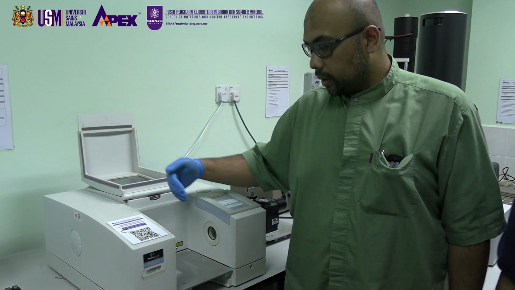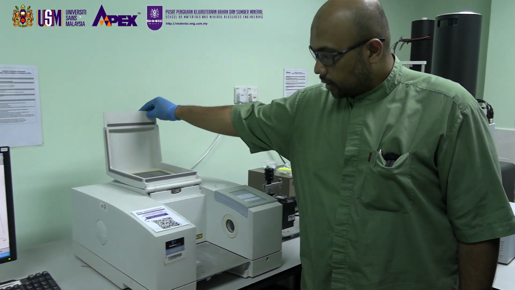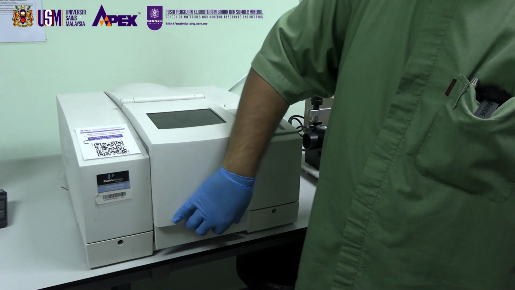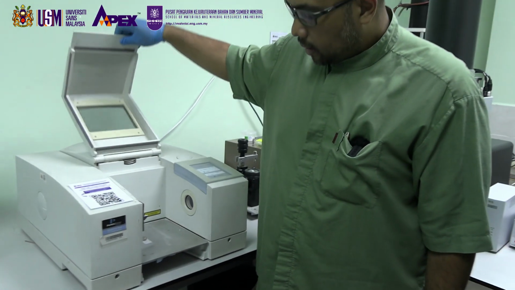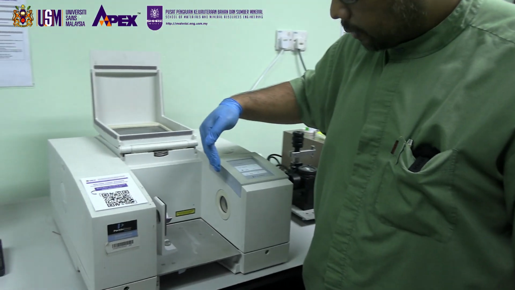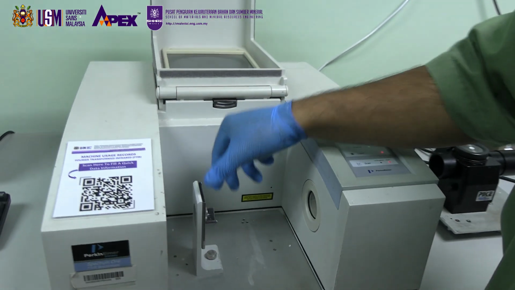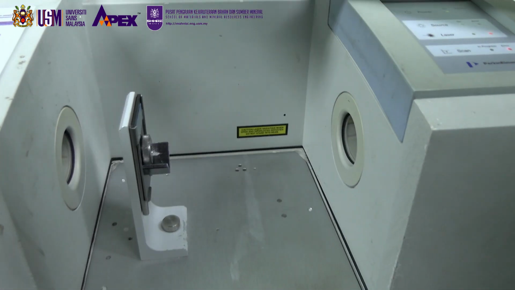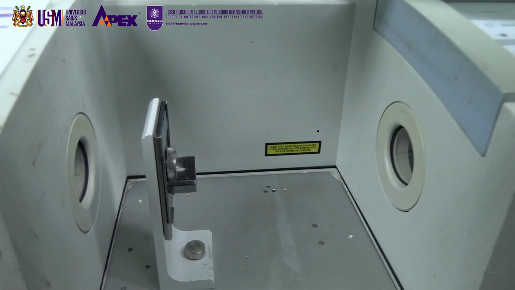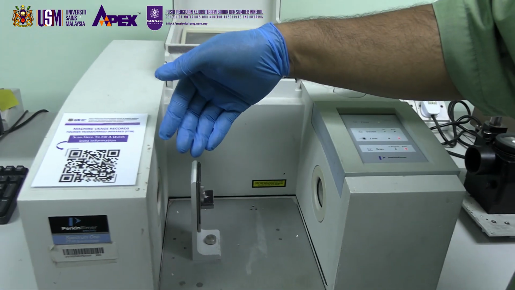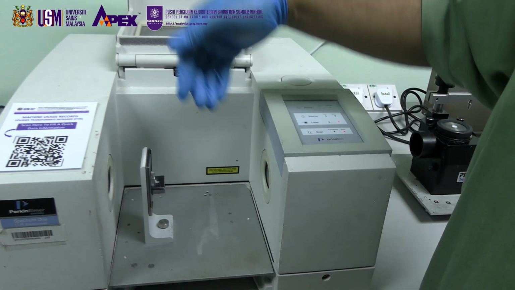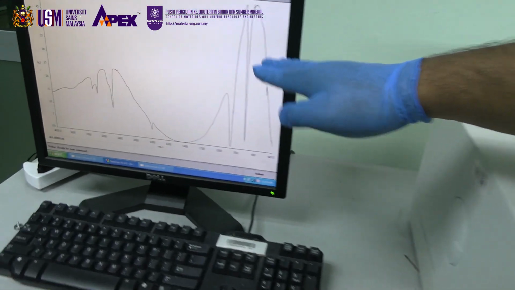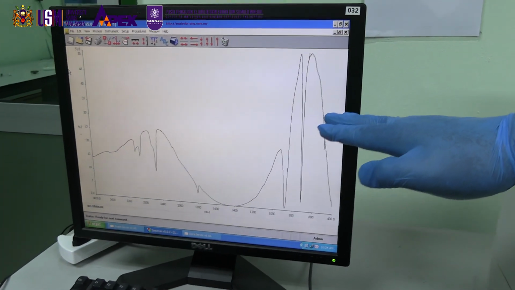Okay, so here is the compartment of the FTIR analysis. Normally when we run the FTIR analysis we need to close this chamber, and when we open it you can see three different parts of the compartment. Here in the middle is the sample holder. This one is very sensitive. For FTIR, the infrared laser will bombard the surface and penetrate through the samples, and then the detector will detect the signal and show the data as you can see here on the screen. Here on the screen is an example of the FTIR analysis.